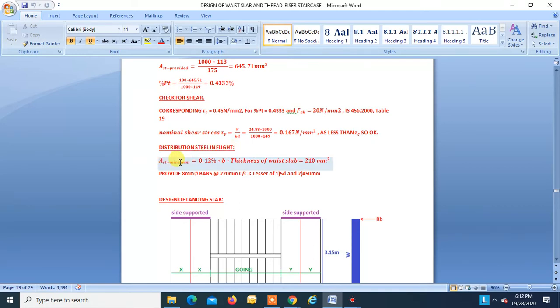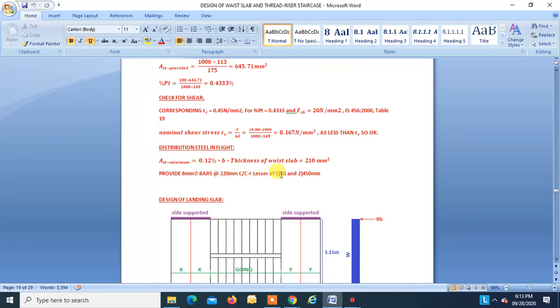Okay, so Ast minimum is equal to 0.12% of B into D. B is 1000, D is the thickness of the slab, that is 175, and that is equal to 210 mm square. So we will provide 8 mm bar as distribution steel at 220 mm,